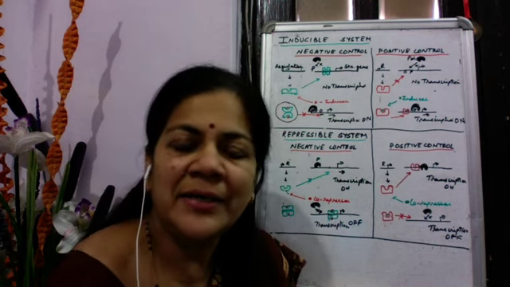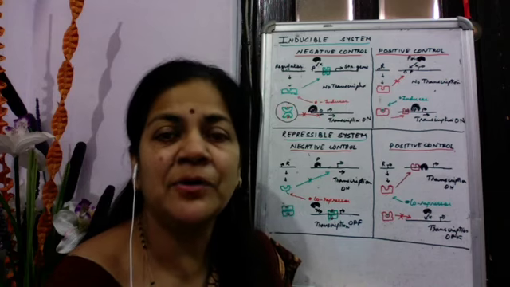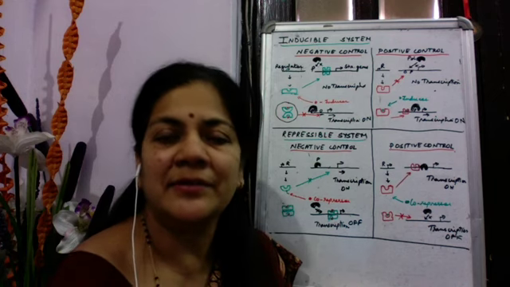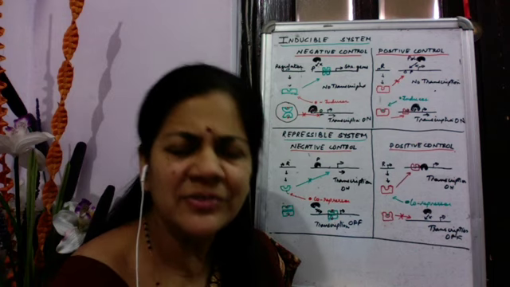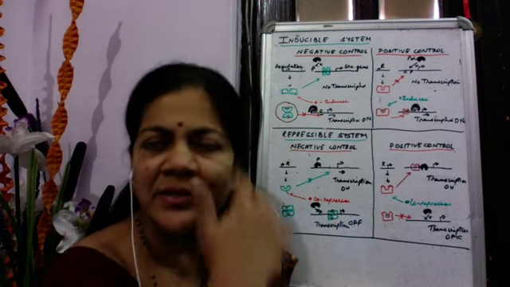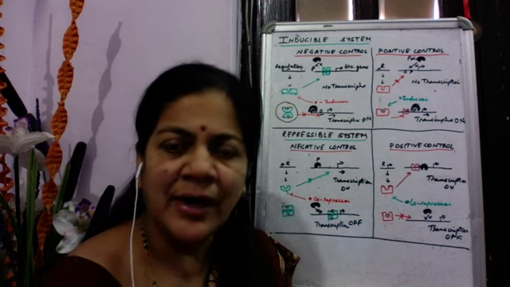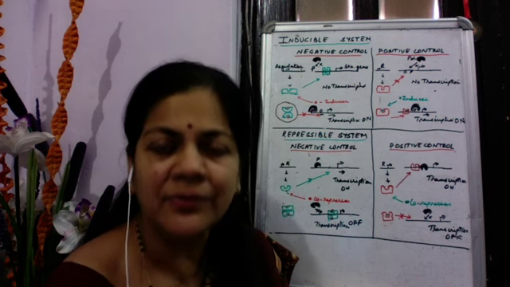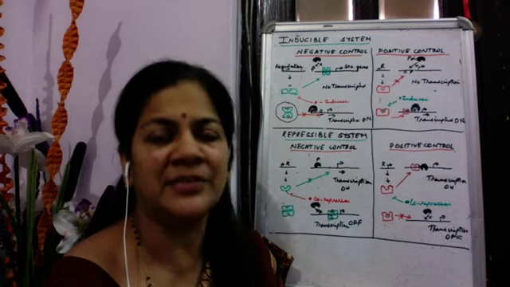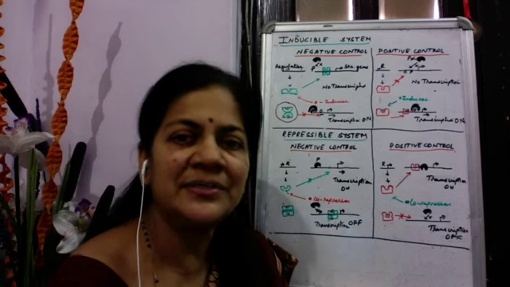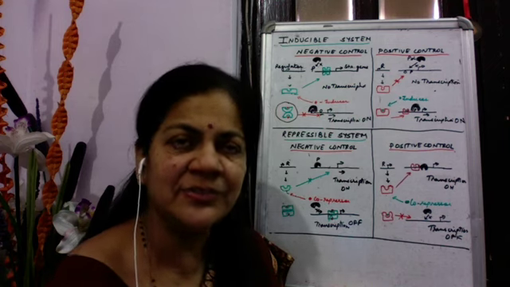Now, regulation can be at different steps. As we know, it can be at the level of initiation, post-transcriptional modification, mRNA stability, translation initiation, post-translation modification, and so on. But mostly, it is at the level of transcriptional initiation. Now, there are two ways by which a gene can be regulated. Either it can be turned on or turned off in a given environment, or there can be a cascade of gene expression, or a gene hierarchy, in which if the first gene is turned on, it will turn on the next set of genes,